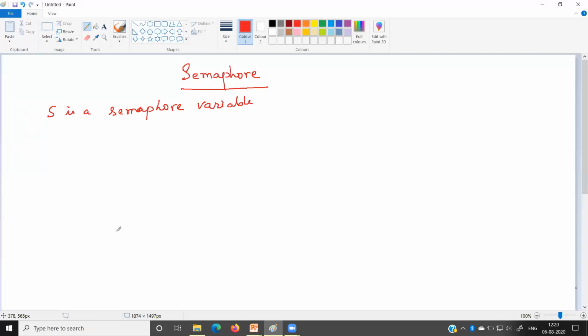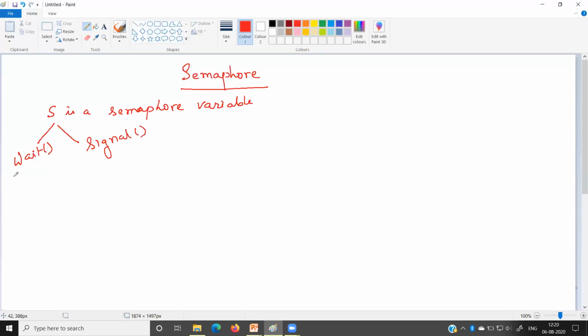S is an integer variable which is used to handle the critical section. Which process can access the critical section can be decided based on the value of S. And S can be accessed by two functions. The first is called the wait function and the second is called the signal function.